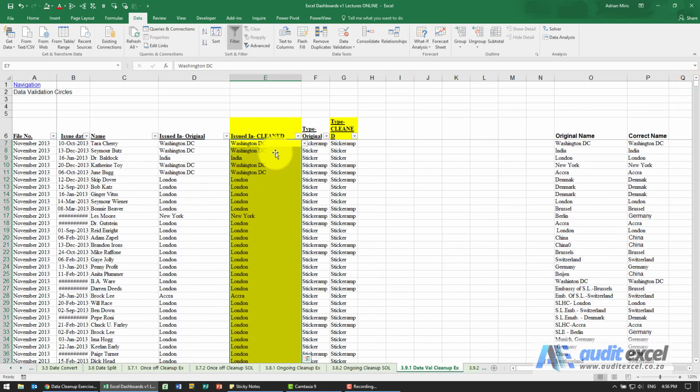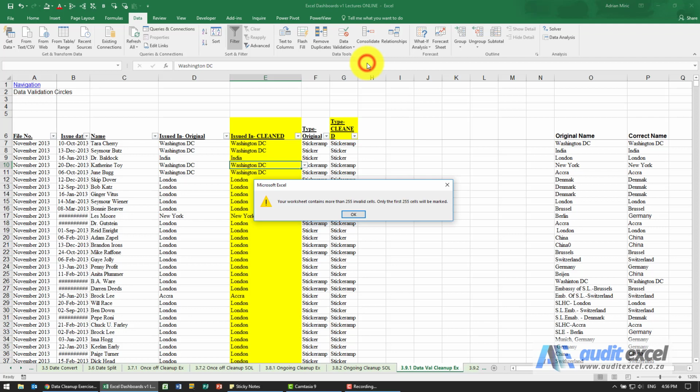So now what you've got is, if you click on any of them, you've got an approved list drop down, but this doesn't help ones that were already wrong. Excel cannot retroactively change them. So in order to see them, we click on data validation, and there's an option here called circle invalid data.